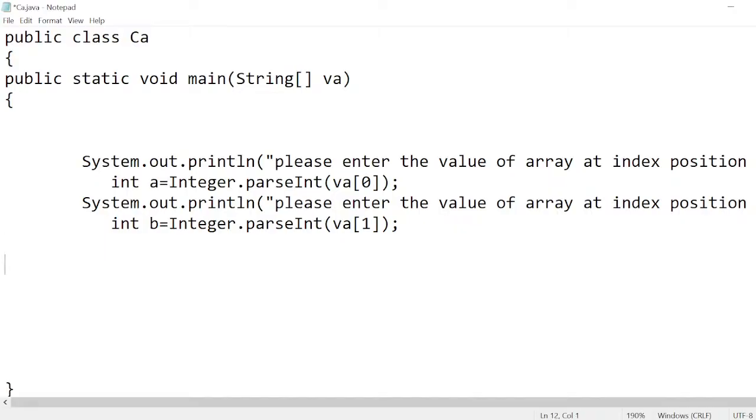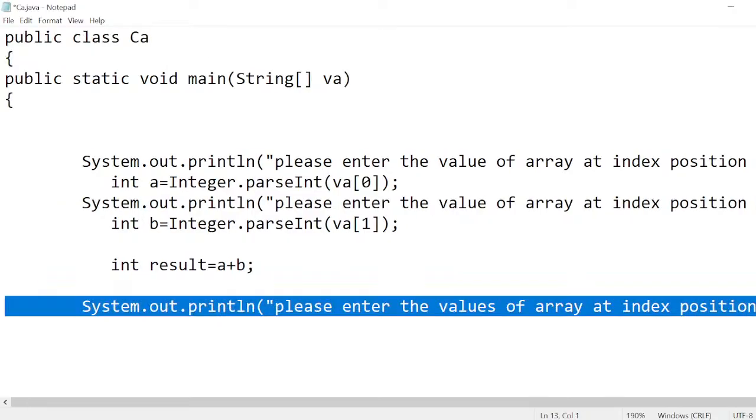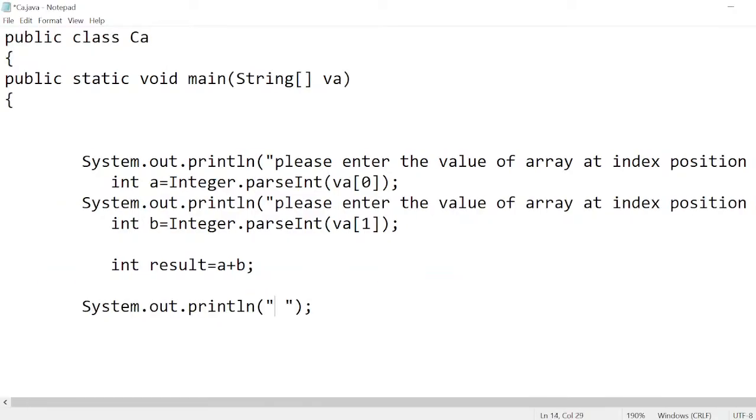Now I want to do some calculation, right? Now in the program we have the variables, so we can do any operation. int result equal to a plus b, and now I take System.out.println, and here I would like to mention "The addition of two values is" and then result. This is how. Is this clear or not? So simply what I'm doing here,